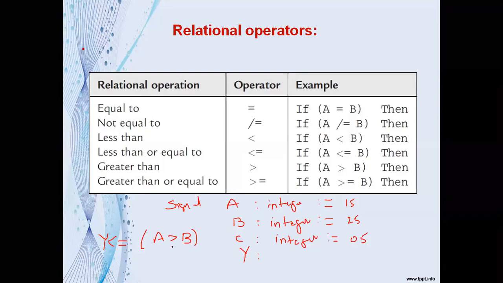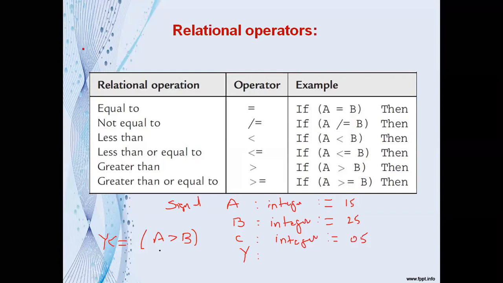So now what you are checking here, you are checking for the relationship between the a and b, whether the a is equal to the b, or the a is greater than the b, or the a is less than the b. So now you are checking for these three conditions.